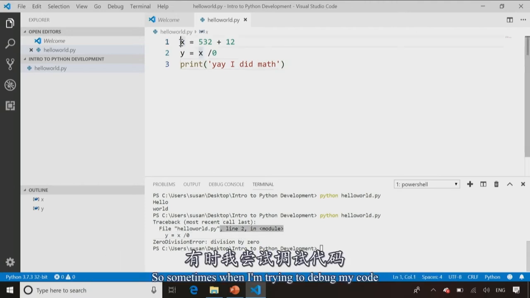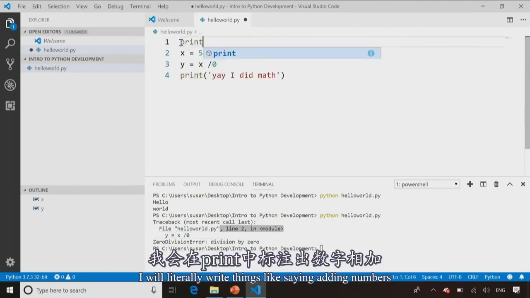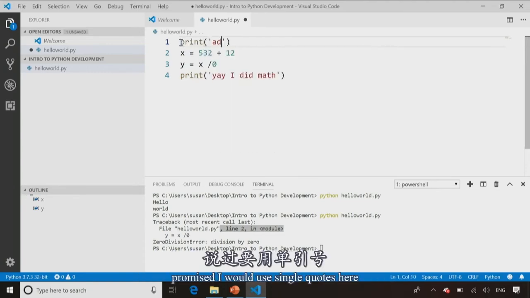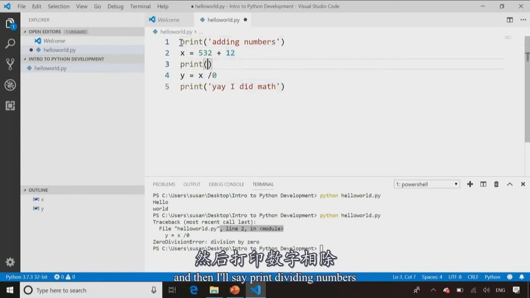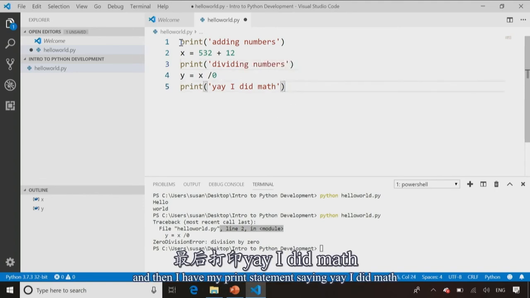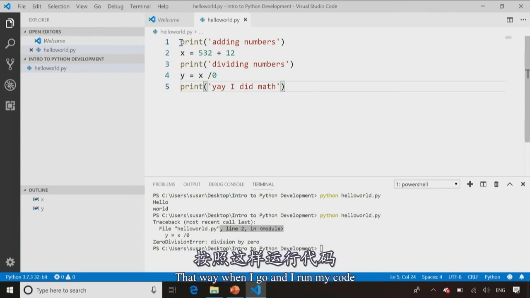So sometimes when I'm trying to debug my code, I will literally write things like print, adding numbers. Promised I would use single quotes here. Adding numbers, and then I add my numbers. And then I'll say print, dividing numbers, and then I will divide the numbers. And then I have my print statement saying, yay, I did math. And that way, when I go and run my code,